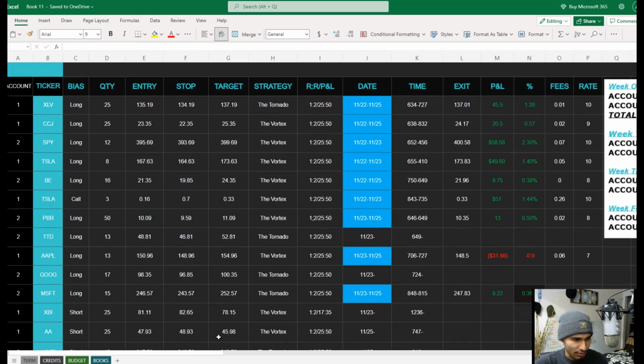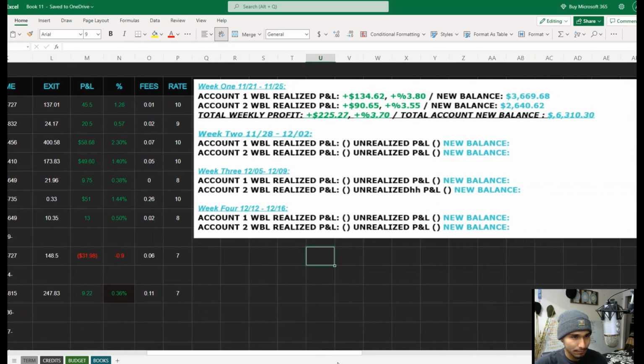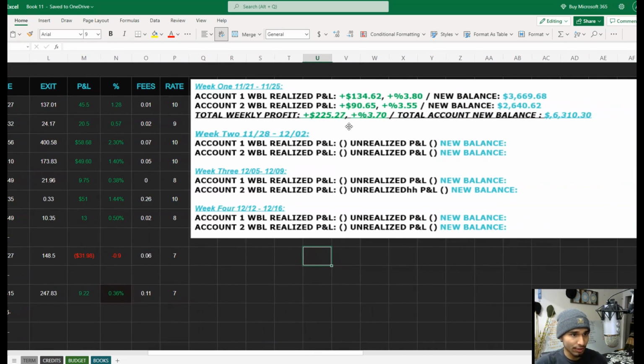And I don't think I mentioned on my previous video how much money I made, but in 1 week I've made $225, pretty much 3.7% of my whole account. So that was definitely a good week. We only got 1 loser, and obviously the number of losers doesn't really matter as long as you make good money. The amount of money you make is better than having few losers that are absolute massive losers. So this was definitely a good loser right there.